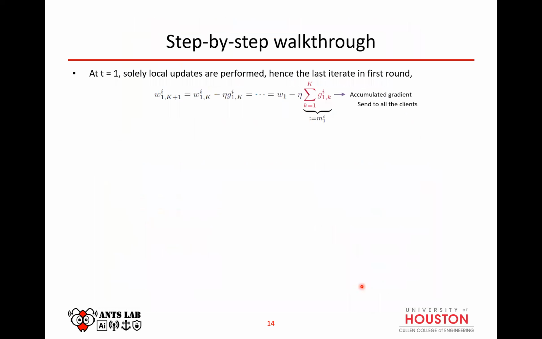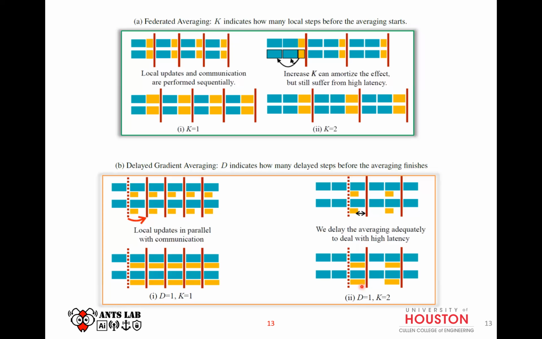I have another question. Could you go back? For this solid line, the first solid line, that should be the time the server aggregated the gradient updates, right? But actually, at a solid line time point, what they aggregate would finish in the dotted line, right? Is my understanding correct or not? Correct. Whatever was sent out in the previous iteration is aggregated, delayed, in the next iteration. Okay. Thank you.